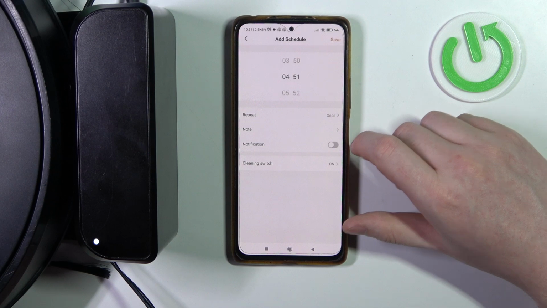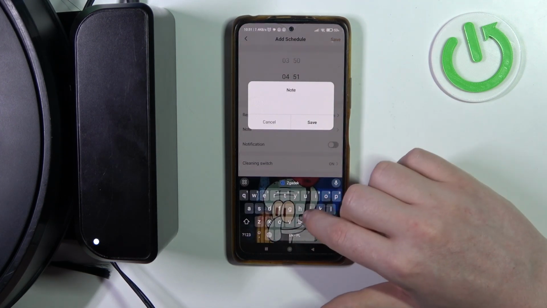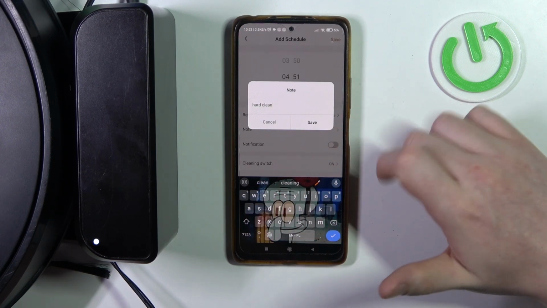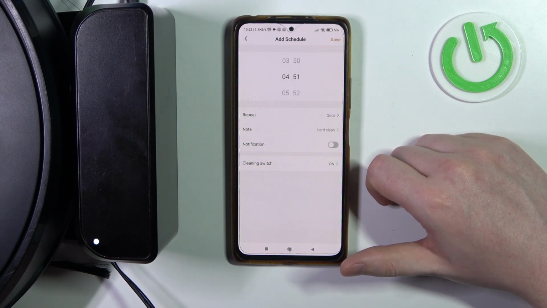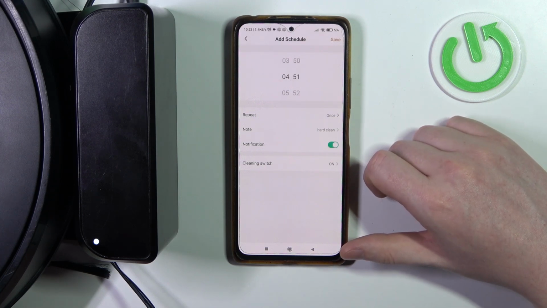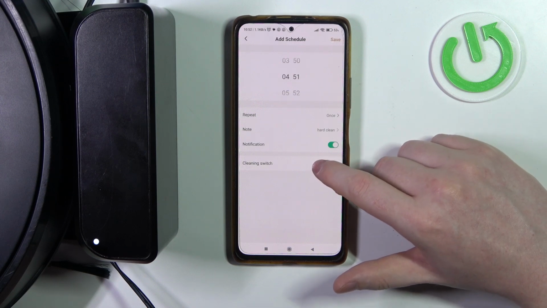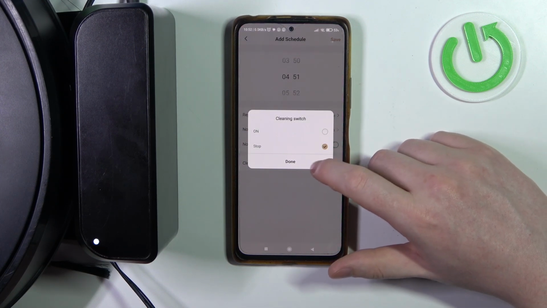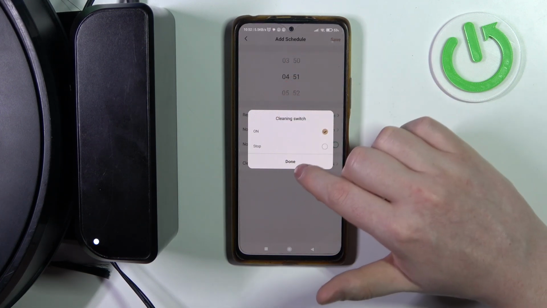Then we can go back and set a note. So, for example, hard clean, save. So now we have a note for this schedule. We can also activate a notification that we'll get on our phone when it begins, and we can switch between cleaning switch on or stop. So in this case we want to start a schedule on that specific hour, so we're